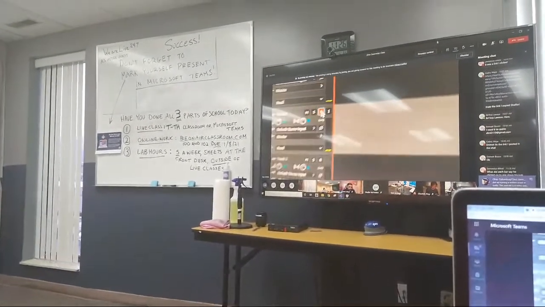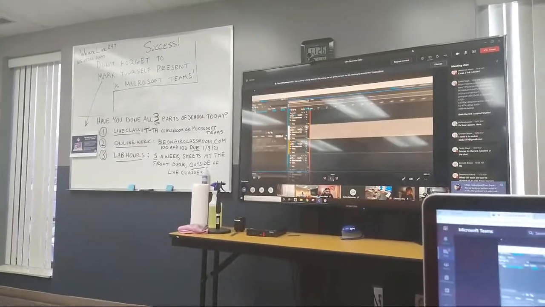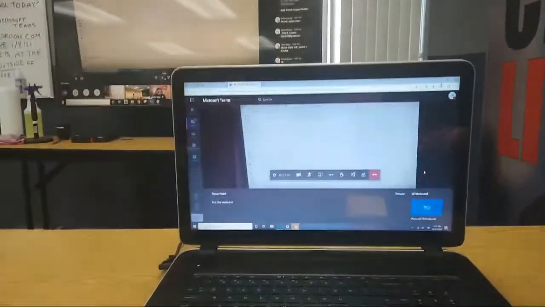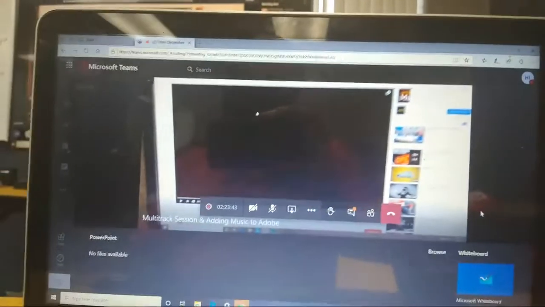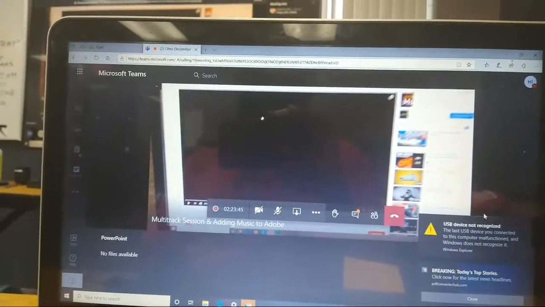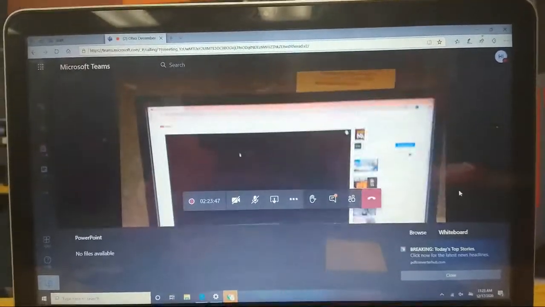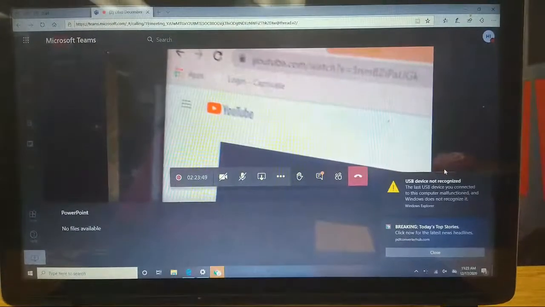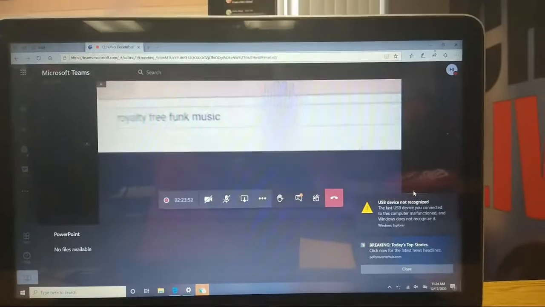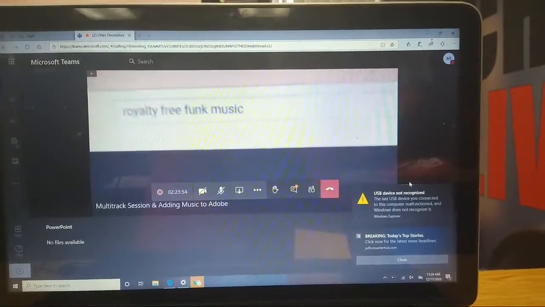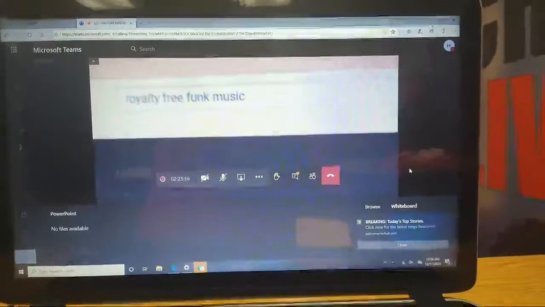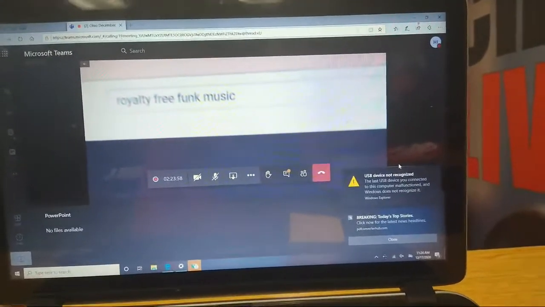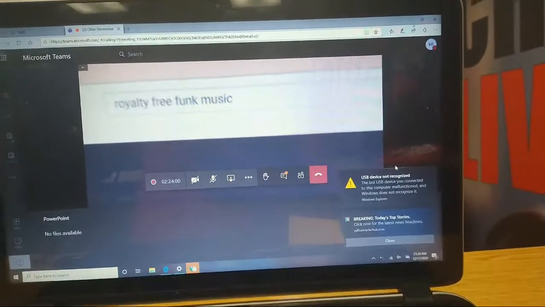Pressing right there sets the track up to record. It's not recording yet, but it's setting it up so that I can record. If you want to watch this video, I have that set to record. Now I'm going to go to YouTube on my browser, and I'm going to search for royalty-free music of the type I want. So royalty-free rock, royalty-free hip-hop, royalty-free country, whatever. You can type in instrumental, that's good.